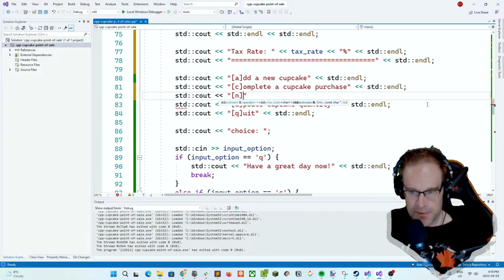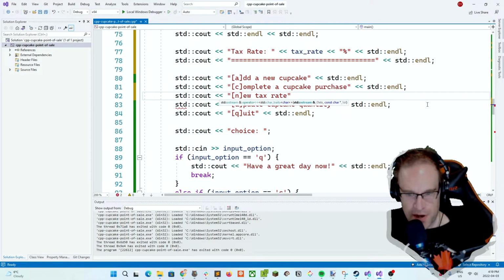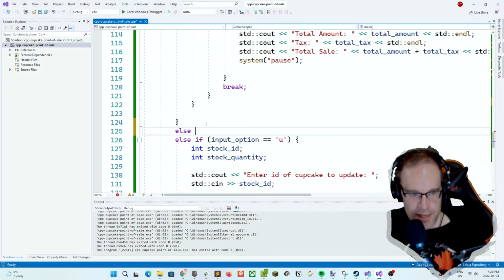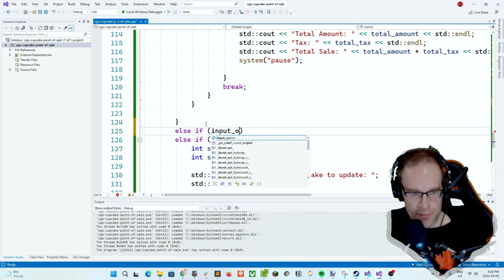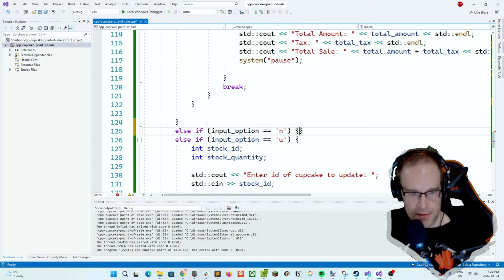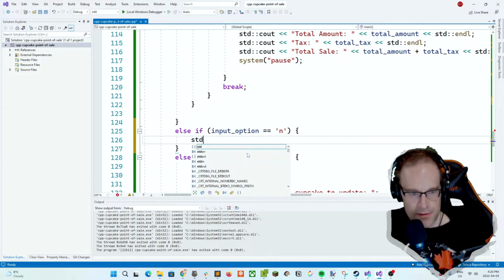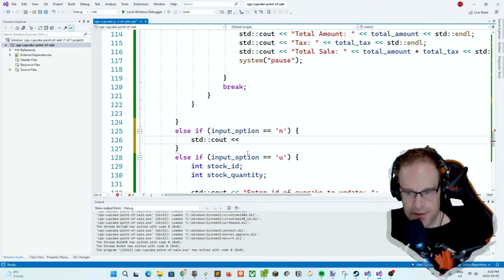Just because we might sell this system to someone in a different province, let's say in Canada, and they suddenly have an 11% tax rate or something like that. Okay, so then let's go to C, U, so N before U, the input option is N, so we want to enter a new tax rate. So let's cout, enter a new tax rate,